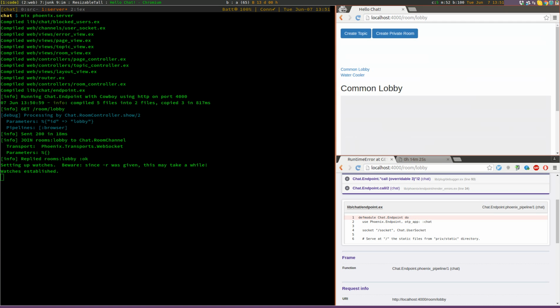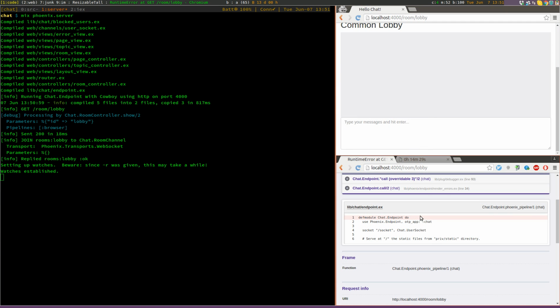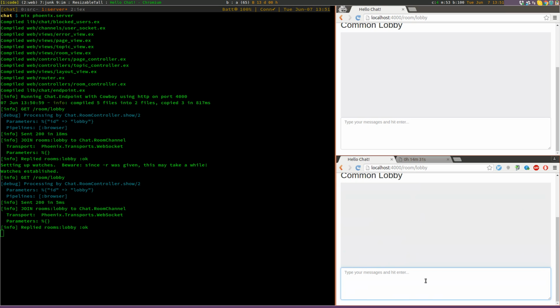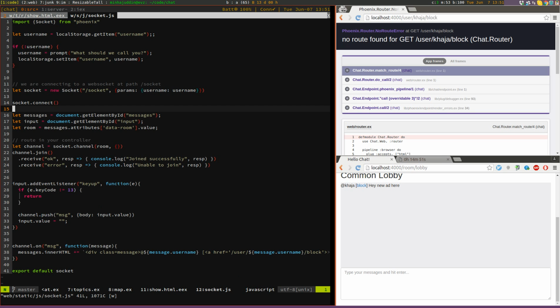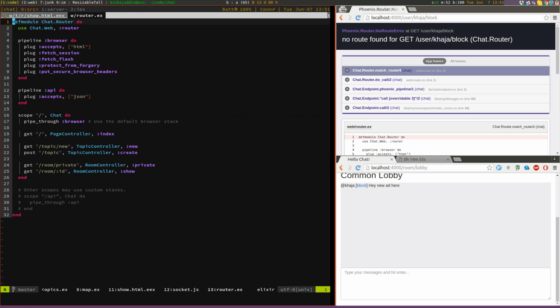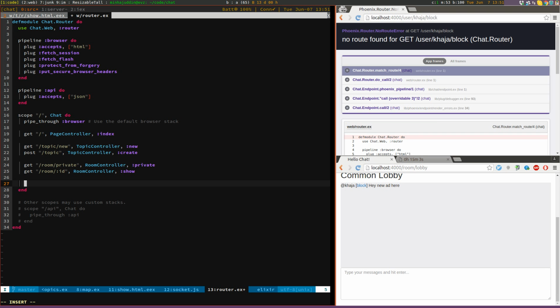All right, so now we have the chat lobby, and let's allow Khaja to say a new ad here. And now we have a link to block a user. So if I click on that, it should block Khaja, right? And so we need that route. So go to router and add a route. This should ideally be a post route, but just for ease, we're gonna just use